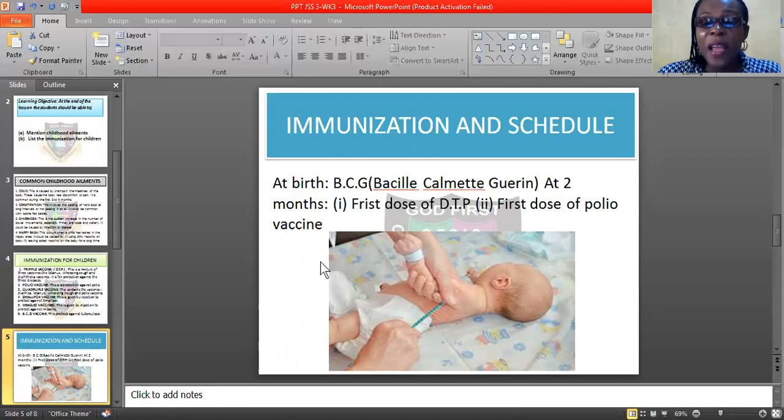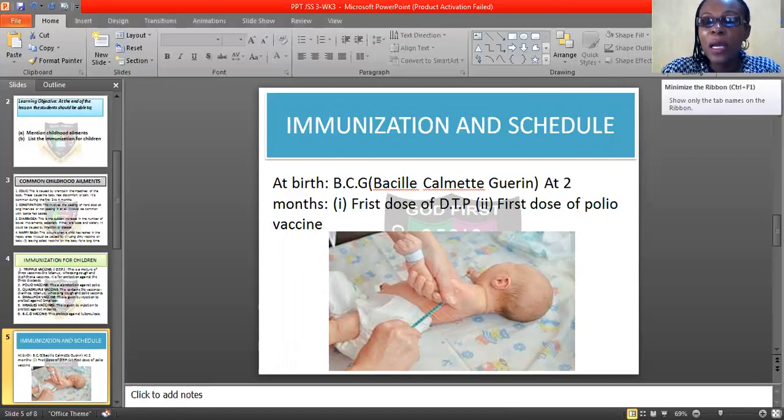Yes, it prevents the child from, for instance, if a child has any cut, maybe during the process of giving birth to that child, maybe the doctor mistakenly cut the child. This injection will automatically help the child. Do you understand? This injection will automatically help in preventing the child from having tetanus. Are you getting? From having a kind of diphtheria.